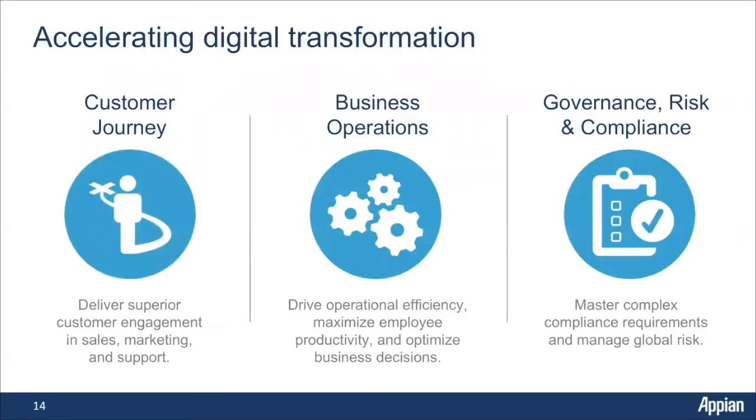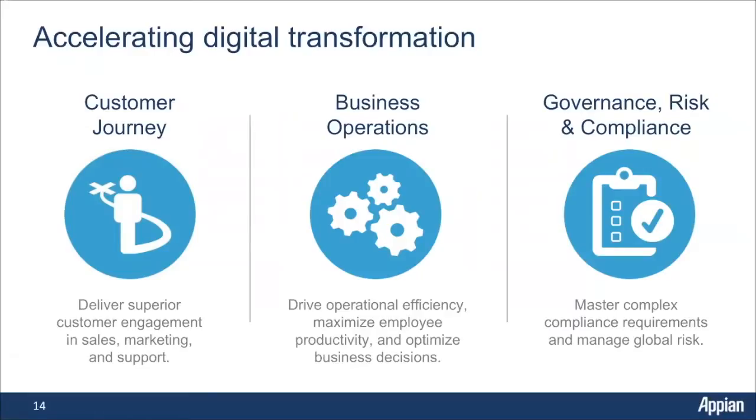And then, of course, we want to accelerate digital transformation. The three primary areas where we see a lot of low-code application are, first, customer journey, that stitching together, making sure that from step to step to step, we understand the exact customer journey flow, uniting all of our application silos and building new experiences to engage with those customers. Second, business operations. Appian is very commonly used in field service management, inspections management, being able to optimize and improve back office operations. And then also GRC compliance areas, where I need to build maybe non-value-add solutions to my core business growth, but things I have to do to remain compliant with federal regulations.